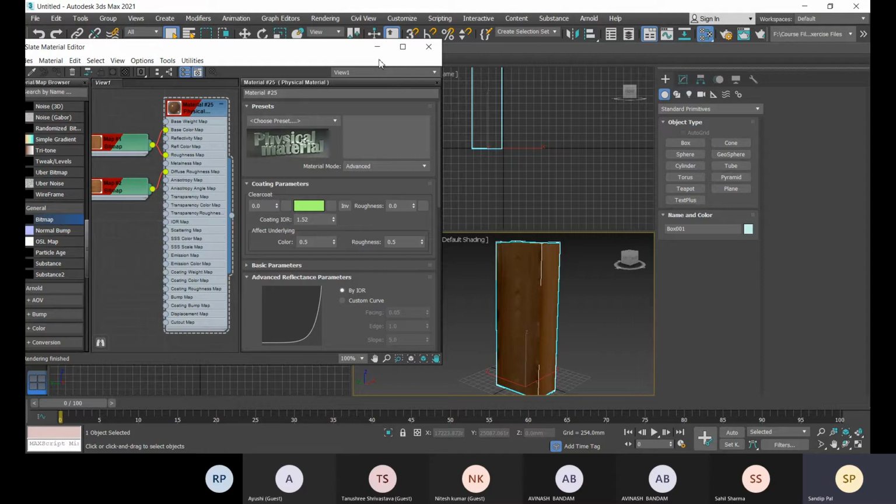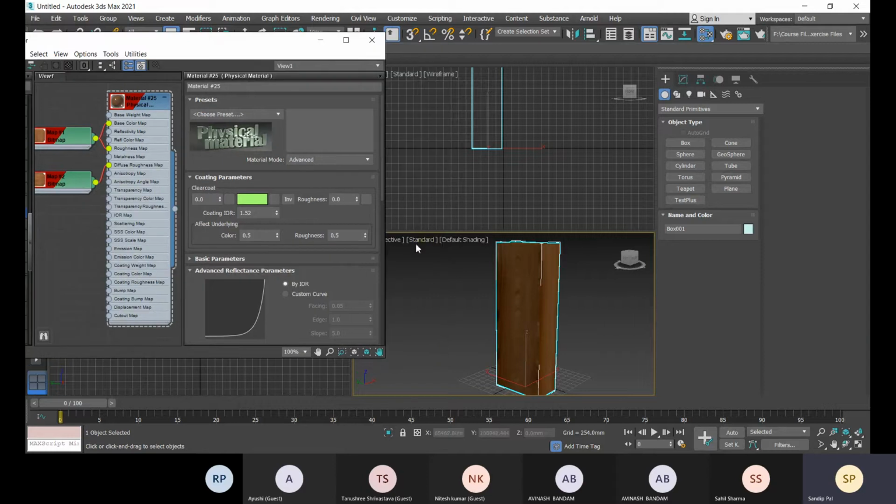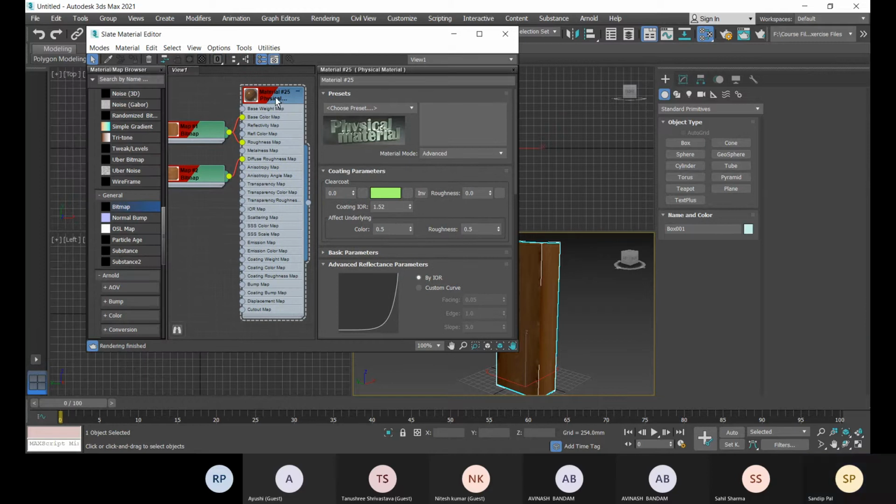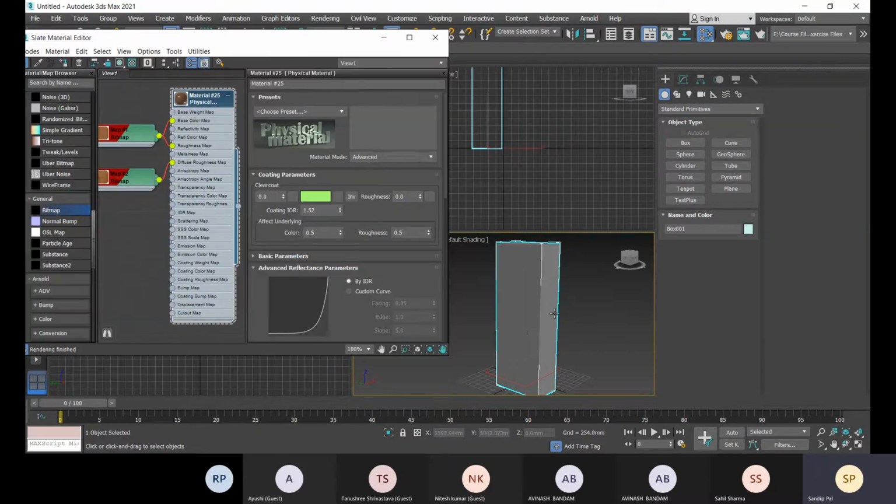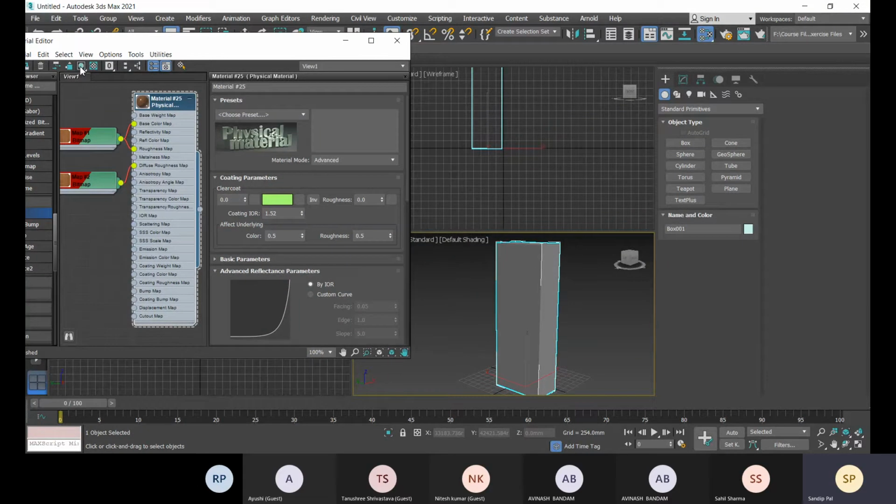And here you see right now the standard option is available. And when you select this, it should be checked: show shaded material in viewport. If this option is not checked, even after creating this material and applying it to this object, you cannot see it in the viewport. So this is what it is showing: show shaded material in viewport.